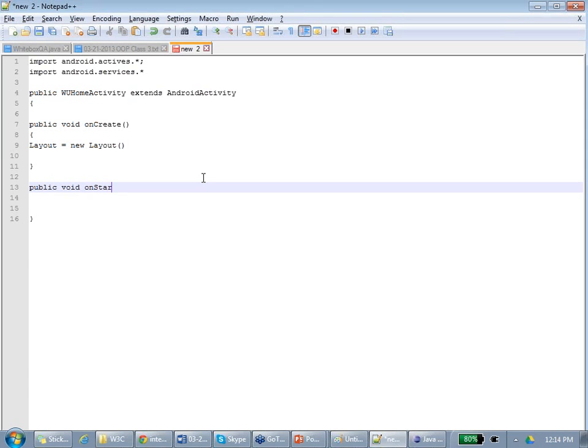Then public void on start. On create means it is creating. On start means it's ready for your usage. So what should I do? On start, for example, if this guy never logged in, I will say please log in. Or if this guy logged in, do I need to show the home screen or redirect directly to another activity, the next page? Got it? You are already logged in. I have your login information saved. So let me move to your transfer page. Agree? So I will write code like that.